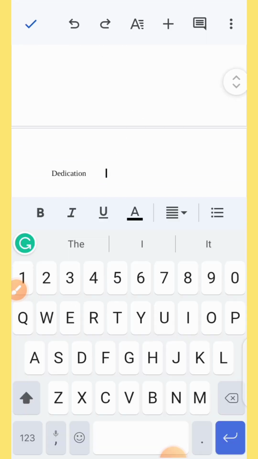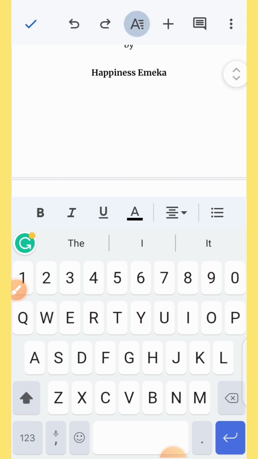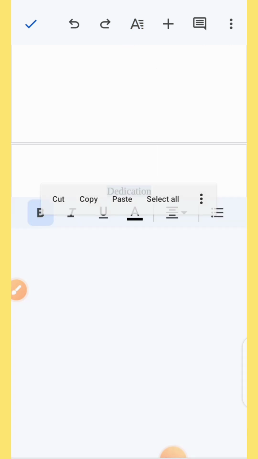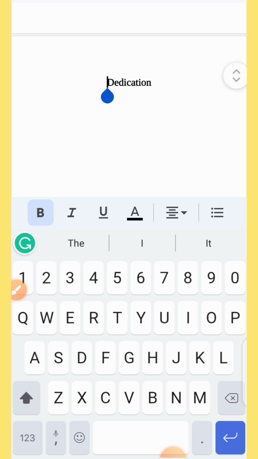Then come over here to the second side. So dedication. Who am I dedicating this book to? Let me bold this a little. So who am I dedicating this to? I can say I'm dedicating this book to